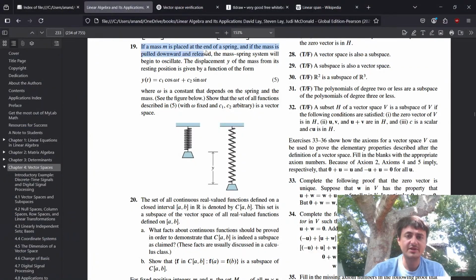If a mass m is placed at the end of a spring, and if the mass is pulled downward and released, the mass-spring system will begin to oscillate. The displacement y of the mass from its resting position is given by